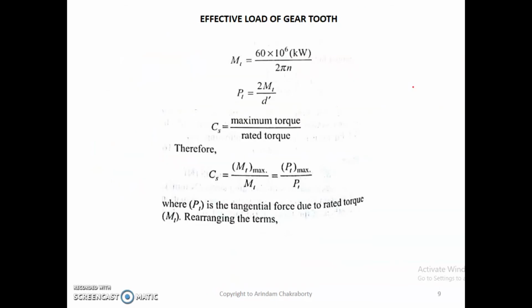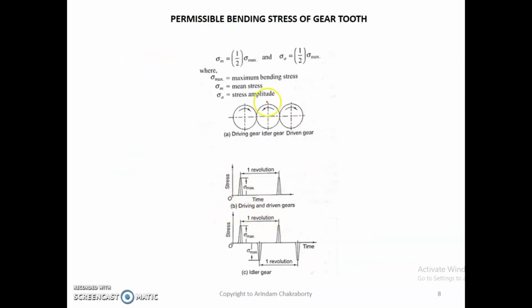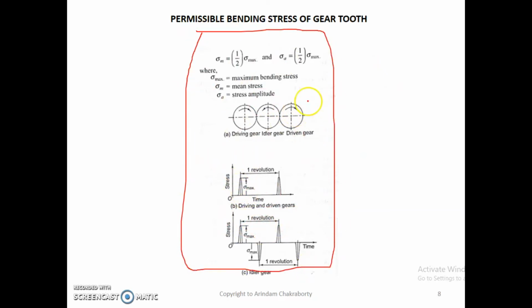So this is how we calculate the graph of the stresses in the gear, for one revolution. There are 3 gears: driving gear, idler gear and driven gear. The direction of driving gear and driven gear is maintained the same due to the idler gear rotating in the opposite direction to the driving and driven gear. So what happens is we calculate the mean stress and amplitude stress, and we have plotted and got these two